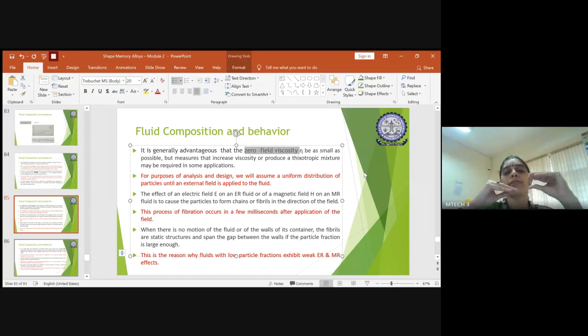So you will adjust the fluid initially in such a way that the particles are distributed uniformly. Due to uniform distribution, the viscosity of the fluid also remains constant. The value of viscosity will not be very high because there is no stress and no strain due to no subjection to the external field. When there is no external field at all, stress and strain will not come into the picture. So the fluid will have a constant viscosity and it will be a Newtonian fluid, and under Newtonian behavior the viscosity will be of a very small value.